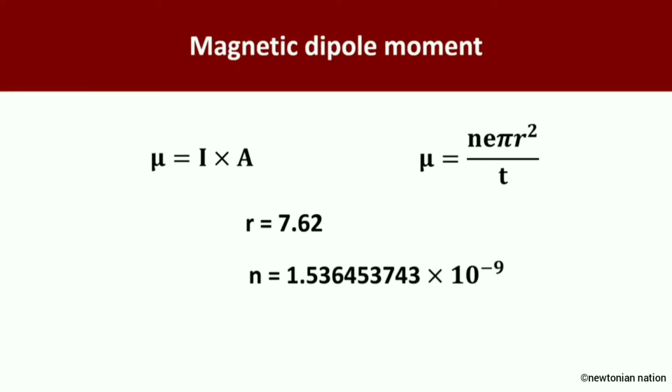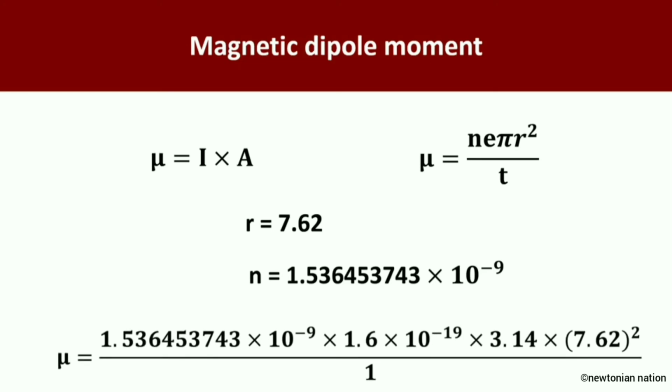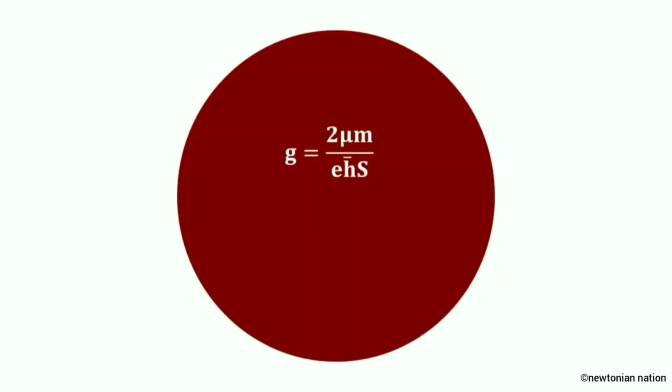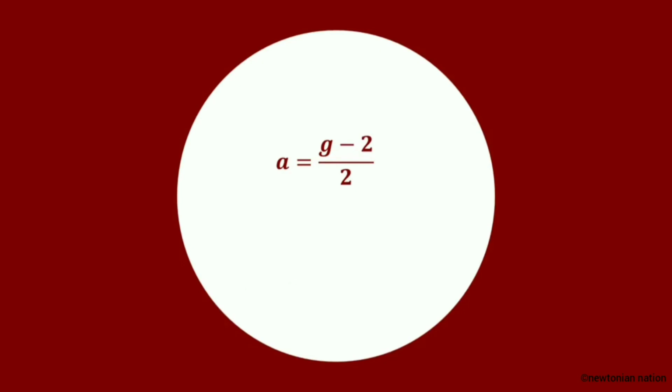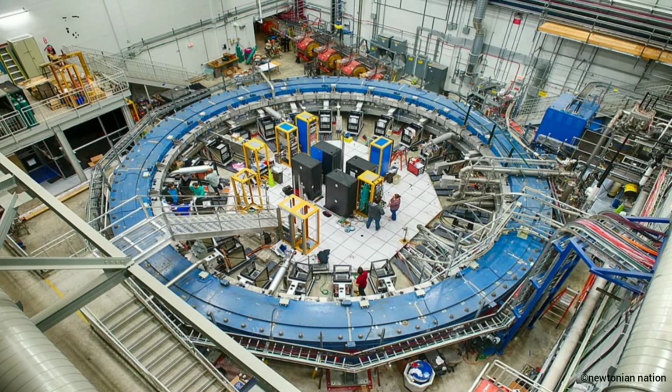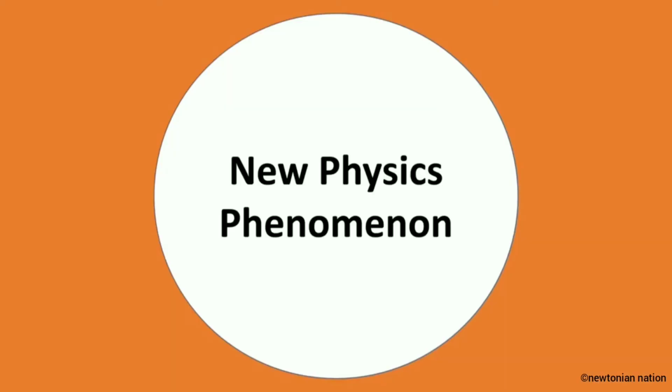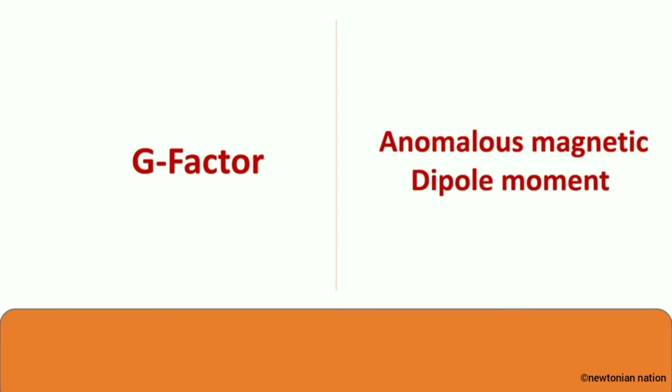With radius r and density n, we can find the magnetic dipole moment. With the help of all these values, we can find the g factor of the magnetic dipole moment of the muon. The anomalous magnetic dipole moment is calculated from the g factor. A is equal to g minus 2 divided by 2. Precise measurement of this dipole moment of the muon and its comparison to theory allows us to study new physics phenomena beyond the standard model of particle physics. And this is how the g factor and anomalous magnetic dipole moment are